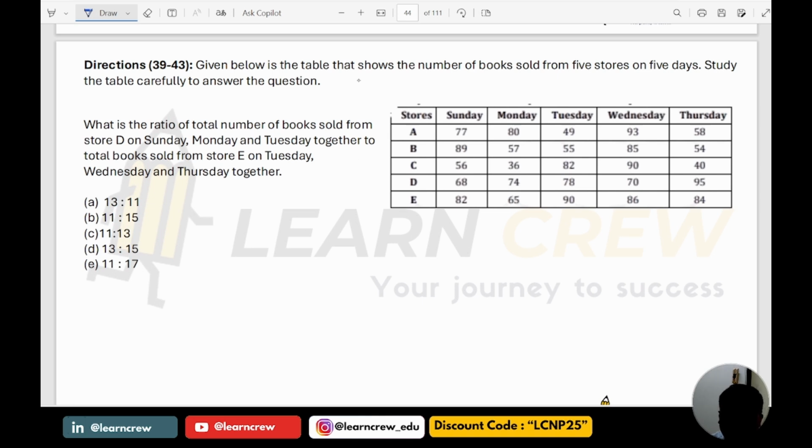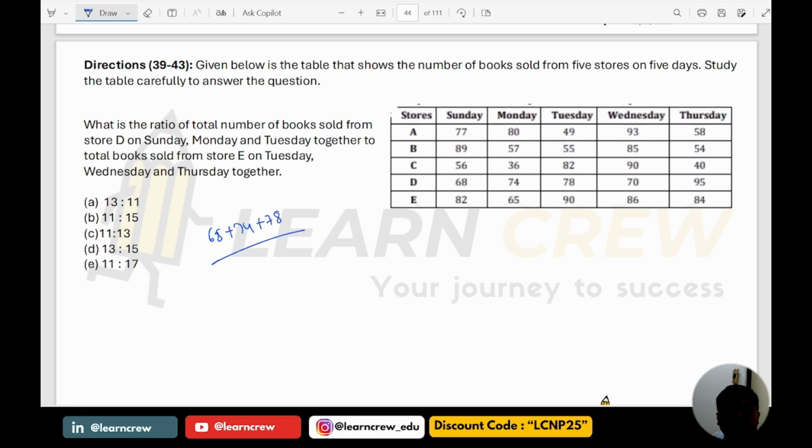39 to 43. Given below is the table that shows the number of books sold from 5 stores on 5 days. Okay, so study the table. What is the ratio of the total number of books sold from store D on Sunday, Monday and Tuesday? Store D, Sunday, Monday and Tuesday. Okay, 68 plus 74 plus 78 together,